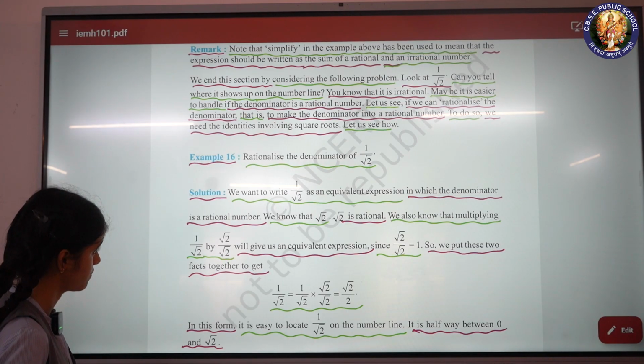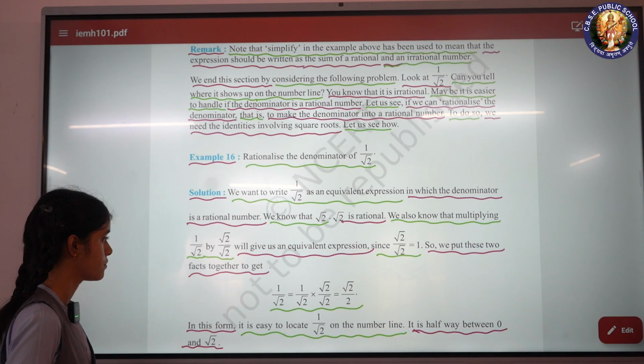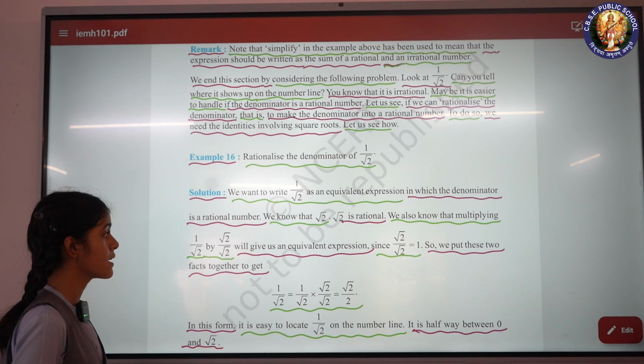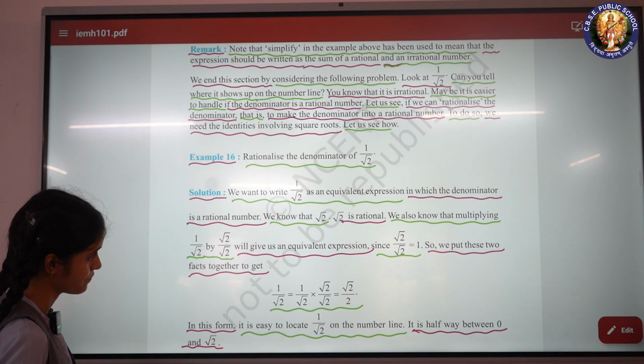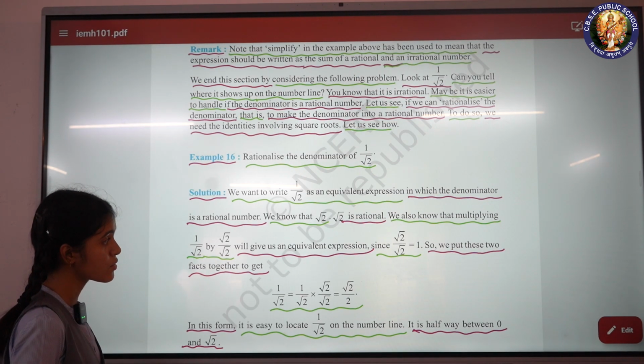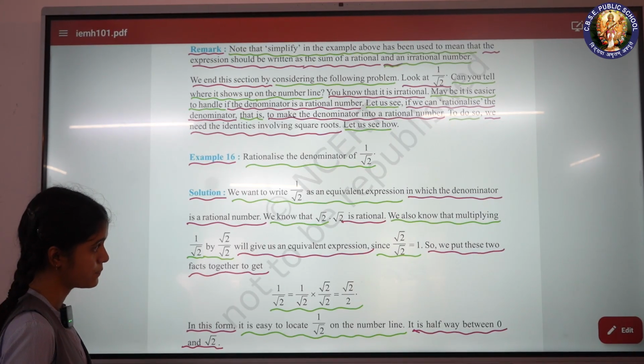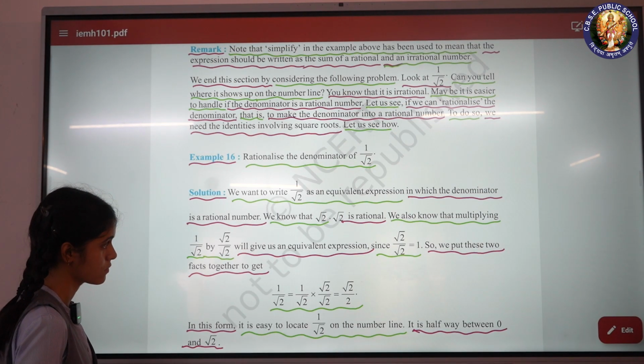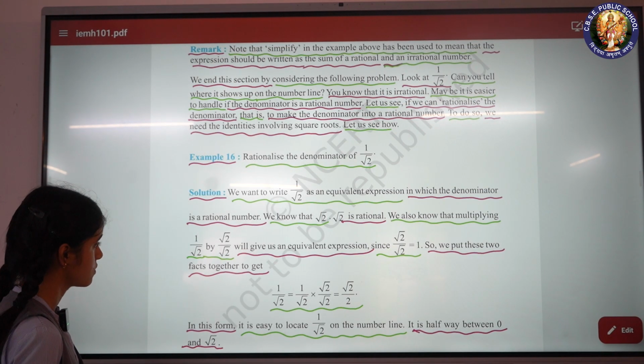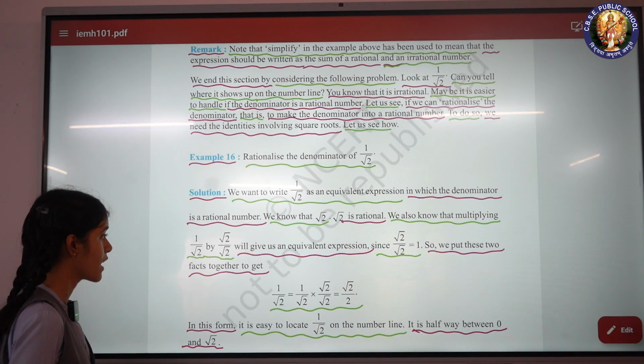We also know that multiplying 1 by root 2 by root 2 by root 2 will give us an equivalent expression. Since root 2 by root 2 is equal to 1, we put these two facts together to get